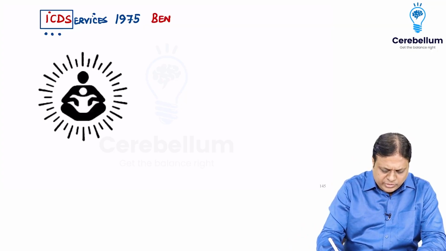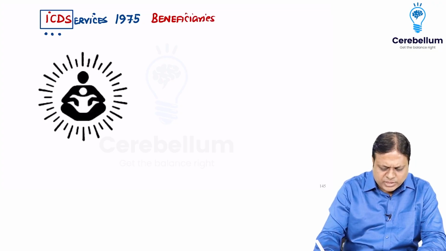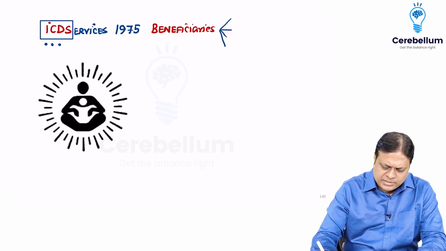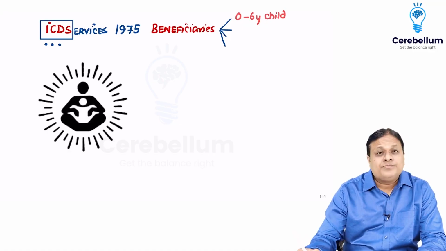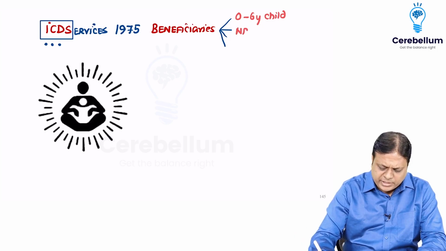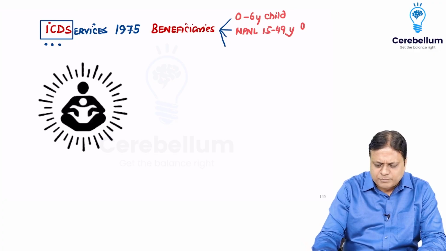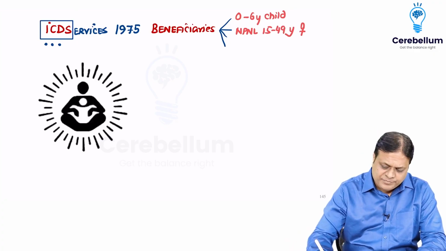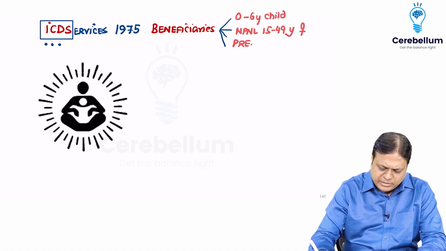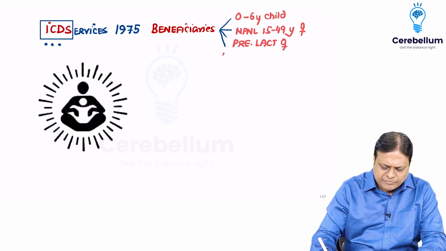So, who are the 4 targeted beneficiaries of this program? These 4 beneficiaries include children 0 to 6 years, then non-pregnant, non-lactating 15 to 49 reproductive age group females, then pregnant and lactating women, and finally 11 to 18 year